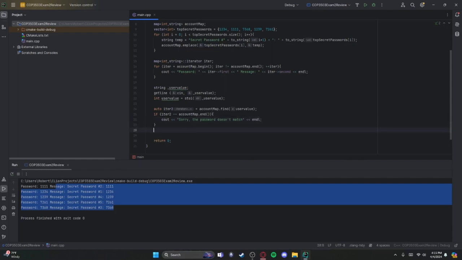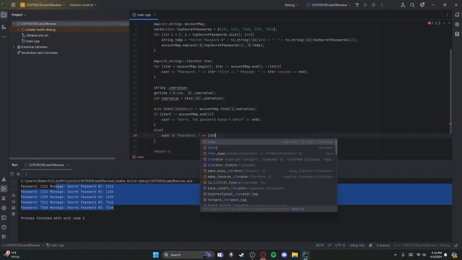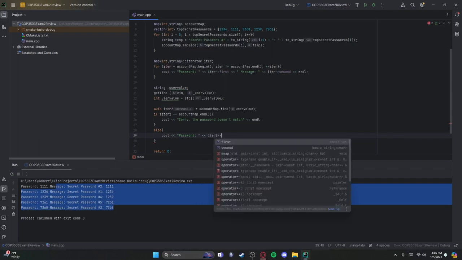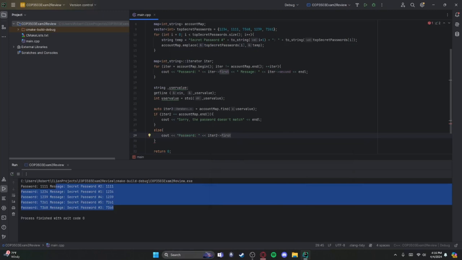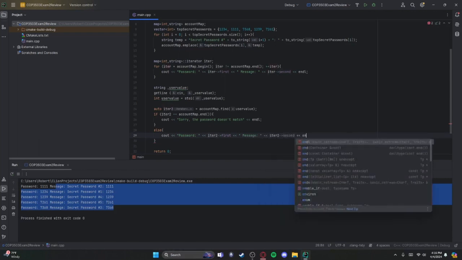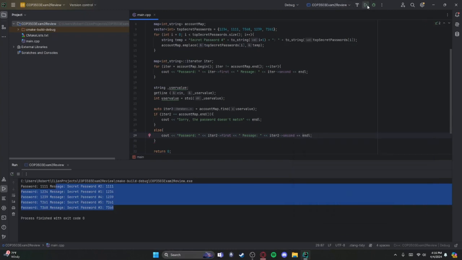And then else, what we can do is we can actually print out the password that it was able to find. So we'll do similar to what we did before, where iter2 acts as first in our message. We probably could have copied that over, that's fine. We'll do the same thing. There we go. So now if we run the program,